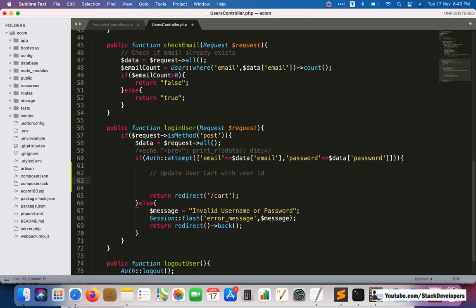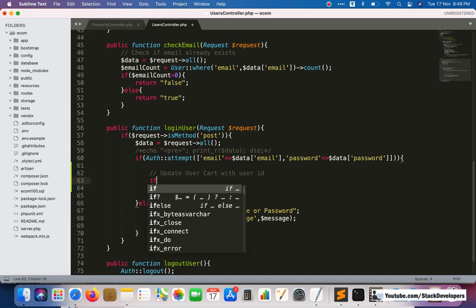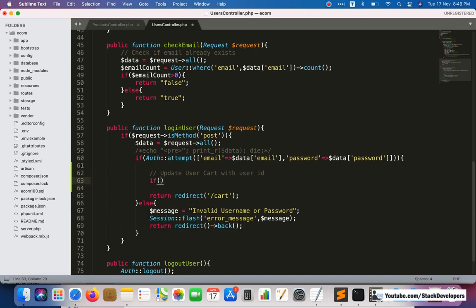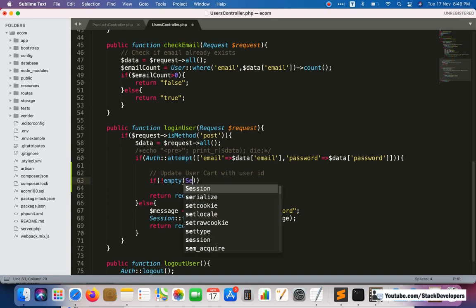First of all, I am going to check whether the session id is there or not, and if the session id is there, then I am going to update. Otherwise I will not update anything. So I am going to check here if the session id is not empty. We are already registering the session, you know that.